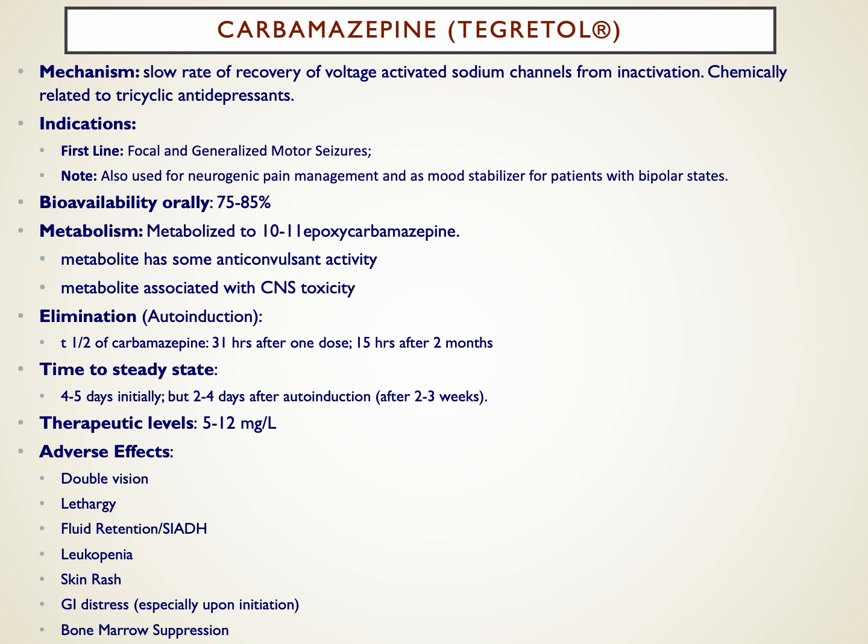Finally, one of the big adverse effects that we historically really worried about with Tegretol and still have concern about, but not to the degree when the drug first came out, is bone marrow suppression. When this drug first became available to the market, we were quite worried about the risk of suppressing bone marrow and seeing a drop, particularly in neutrophil counts. But that is, in most patients, a modest effect, not a significant one. We still look at white blood cell count monitoring and full CBC monitoring for patients on Tegretol. You would probably want to be considering another agent if a patient were immunosuppressed in any way.